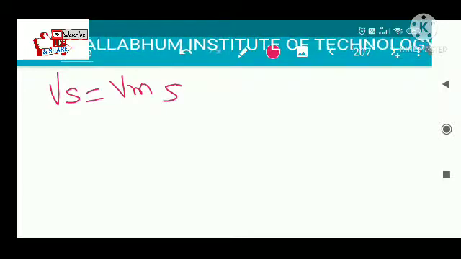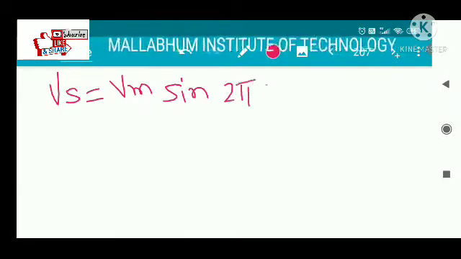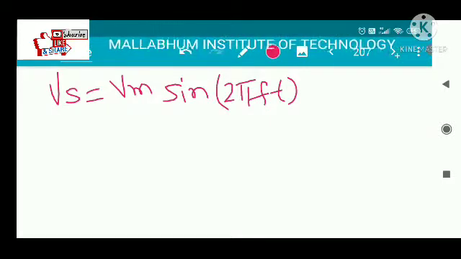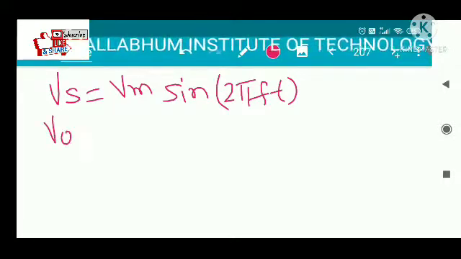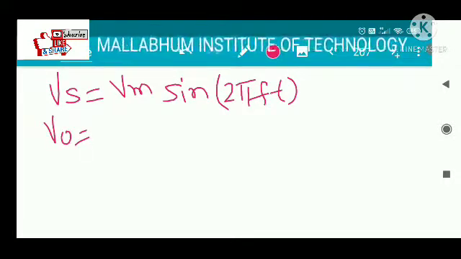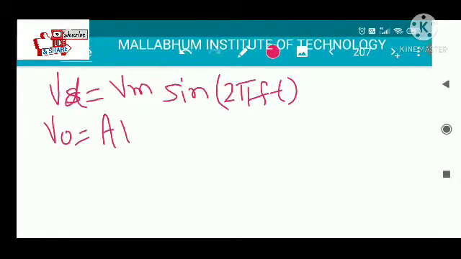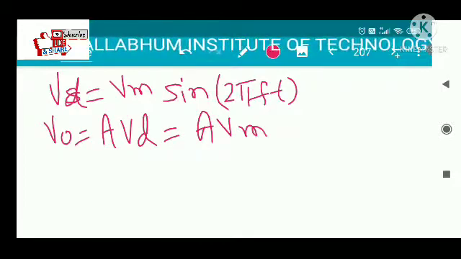sin omega t or sin 2 pi ft, whatever it may be. So this is your supply voltage. Then the output voltage is nothing but, okay, so this is your Vd. So the output voltage is A into Vd, so A into Vm into sin